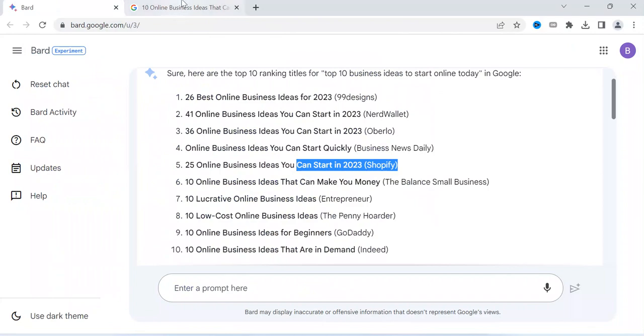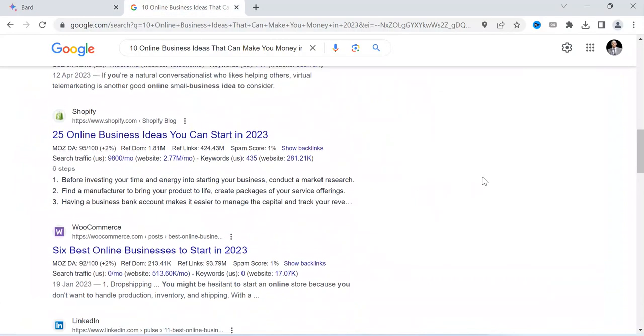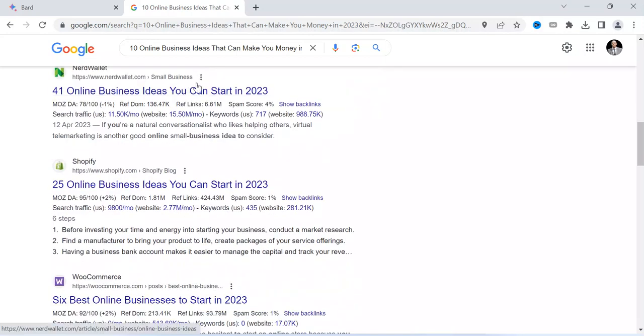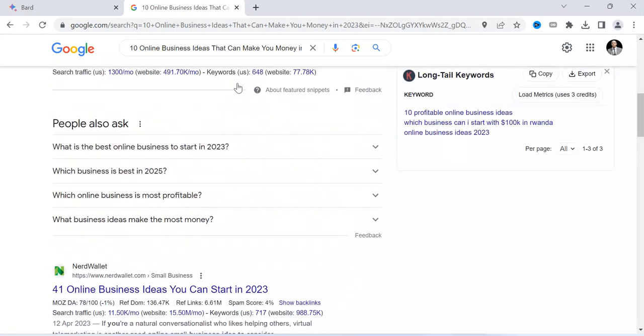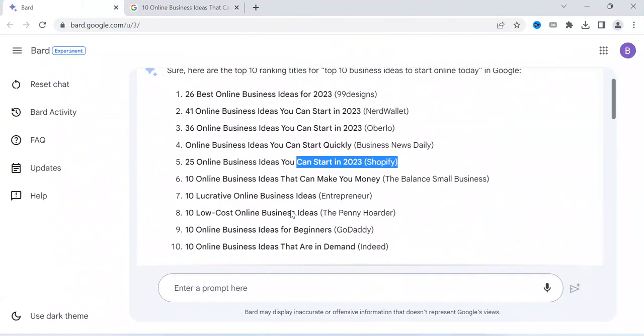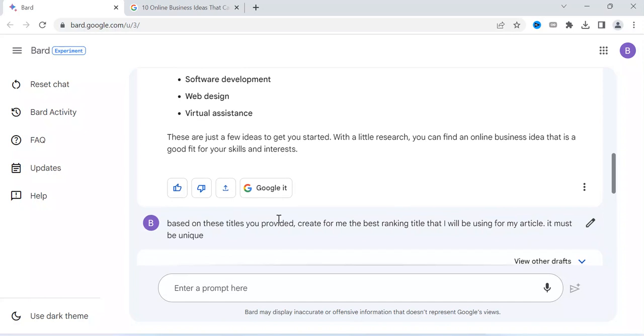What you need to do is analyze these details, come up with the title, and come up with what you think you can write about, maybe publish about. Once you come here and go back and consult it, you can get an idea of how you can get the real titles which are going to be ranking. So you can even ask it to write the description for you about this title I want to be publishing.